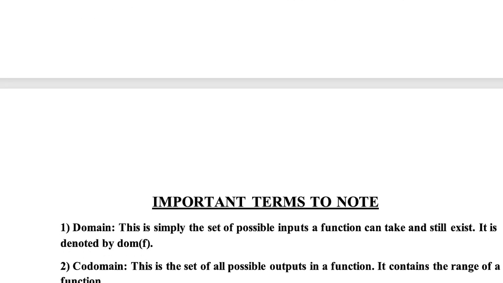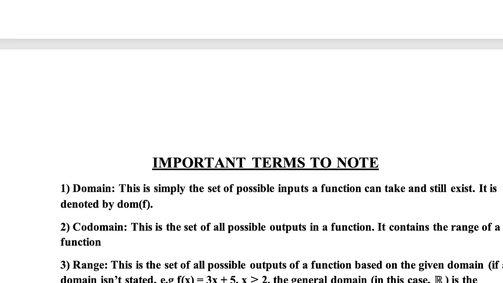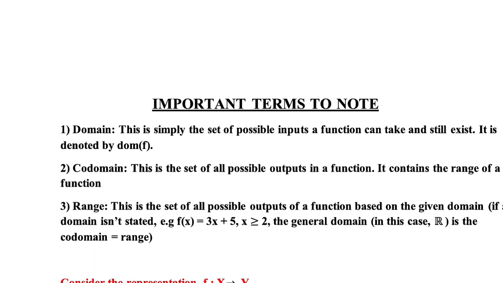Now let's look at the important terms to note, right? The domain, you need to know what the domain is, you need to know what the codomain is all about and what the range is all about. So the domain is simply the set of possible inputs a function can take and still exist, right? And it is denoted by dom f, right? While the codomain is a set of possible outputs